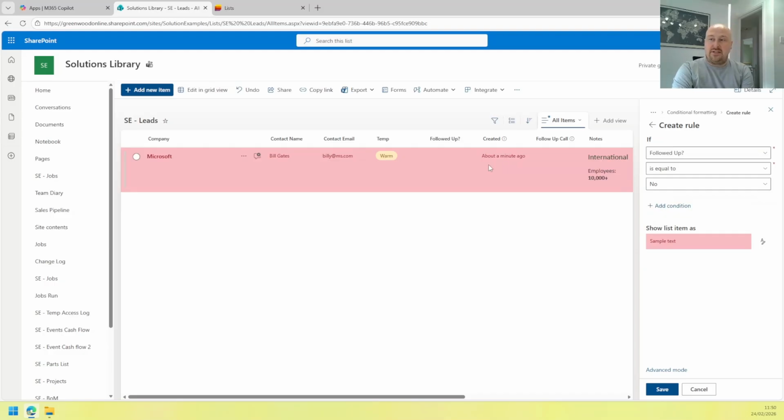And then what I can do is, because I can see created was just a minute ago, that's not a big deal. But the column lets me see that this came in fairly recently. I haven't followed up yet, but if that got to a day or 2 days, then I really need to get on it so that client doesn't go stale, that lead doesn't go stale. And we save that